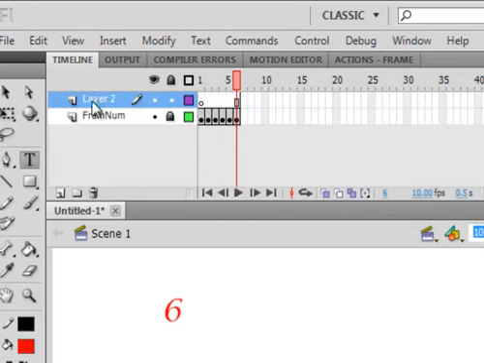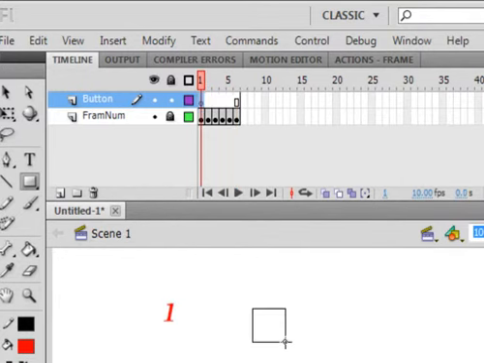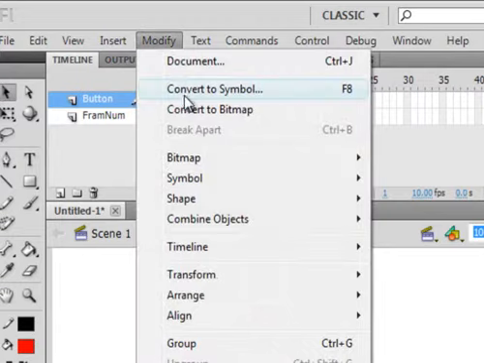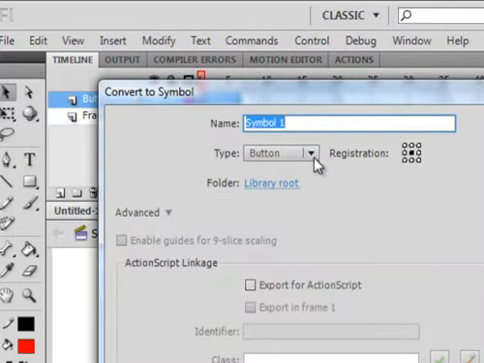Make a new layer, call it button, B-U-T-T-O-N, and pick up your rectangle or oval tool, whichever you have selected. Make sure you have frame 1 selected, and there's this rectangle. Selection tool, highlight it, modify, convert it to a symbol. Make sure button is selected in the drop down menu, and we'll call this